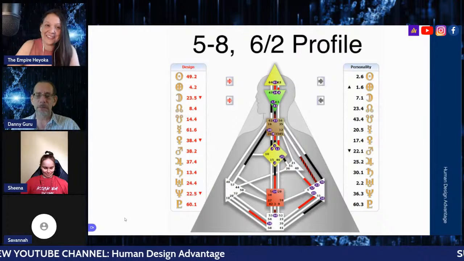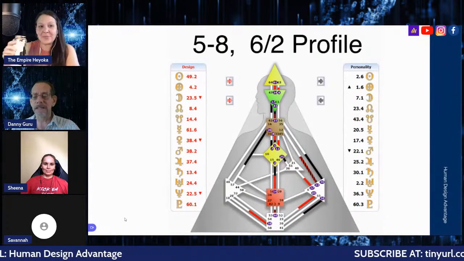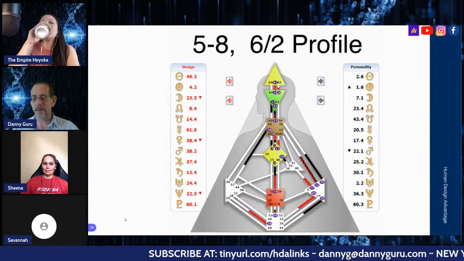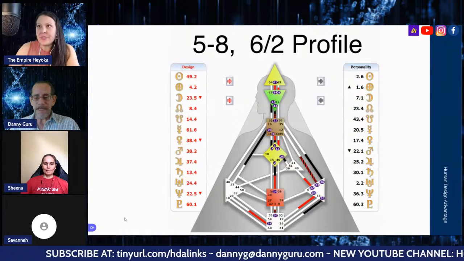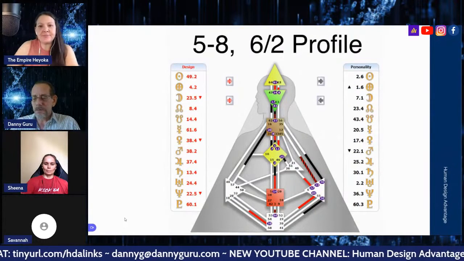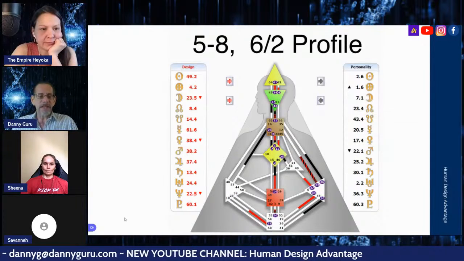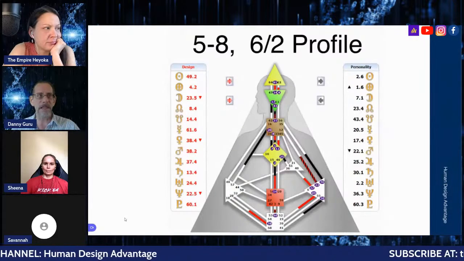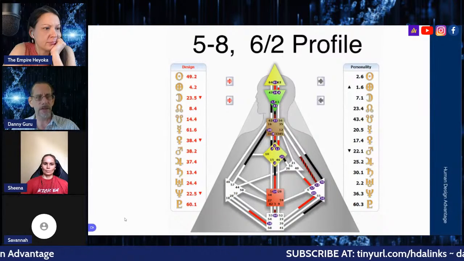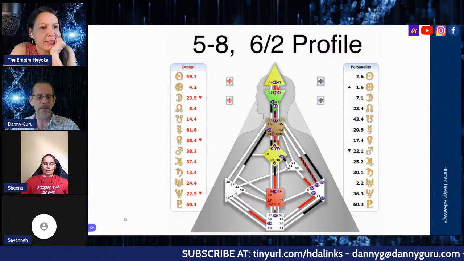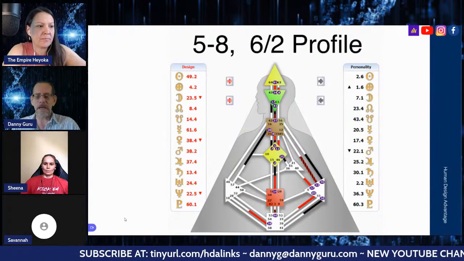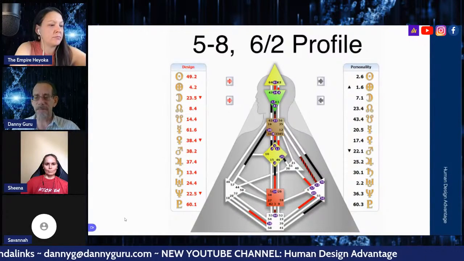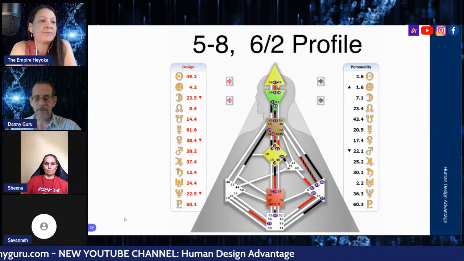The design stayed relatively the same. The design lines move slowly, but they move, especially the outer planets, Pluto, Uranus, Neptune. They're going to stay in a gate for months and months. Pluto will stay in a gate for up to a year. How long does it take Pluto to go all the way around? It's like 260-something years, right? I believe so. Long time. It'll stay in a gate for a couple of years.